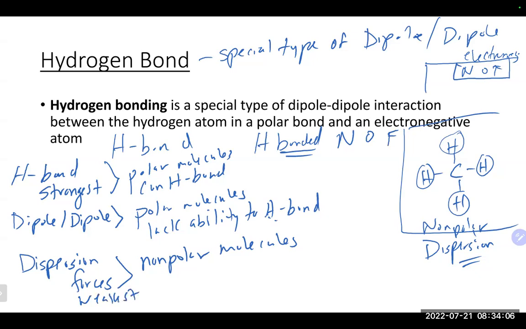So again, how this would relate to something like melting points and boiling points. If you have somebody that has the ability to hydrogen bond, you would expect it to have the greater boiling point and the greater melting point, because it would take a lot more energy to break that stronger bond versus something that maybe just doing dipole-dipole, and definitely versus something that is doing dispersion forces that's nonpolar. Non-polar guys, again, are the weakest, which means they're using dispersion forces, which means they have very low melting points